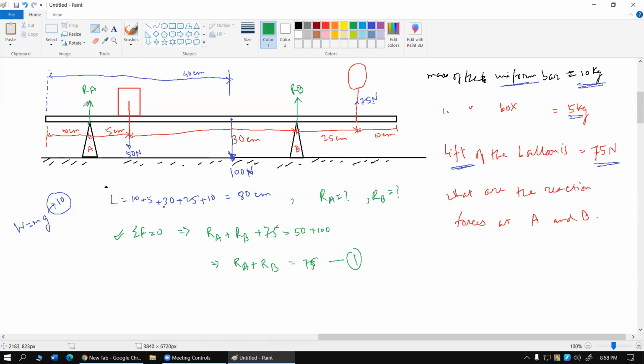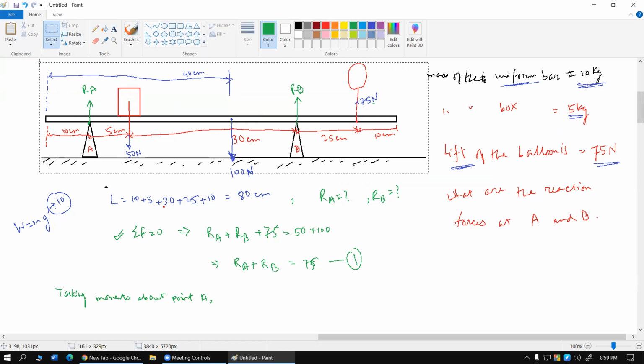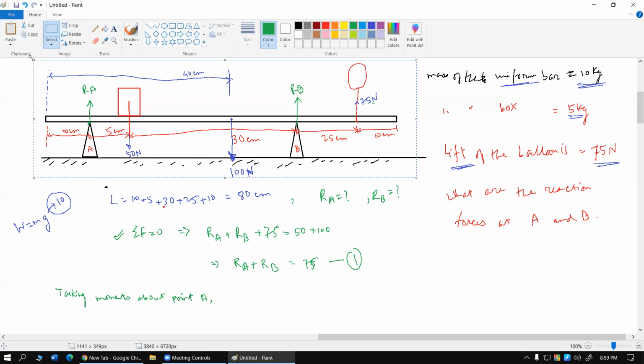So if I choose to take moments about point A, let's say I'm going to write this, taking moments about point A. আমরা পয়েন্ট A এর ক্রস মোমেন্ট নিচ্ছি. আচ্ছা, before I start doing this moment, I'm going to keep this image in the memory of the PC because I'm going to need that image just after a while. So let's just take this much and keep it in our copy. Yes. So আমি যদি A পয়েন্টের রেসপেক্টে মোমেন্ট নেই,